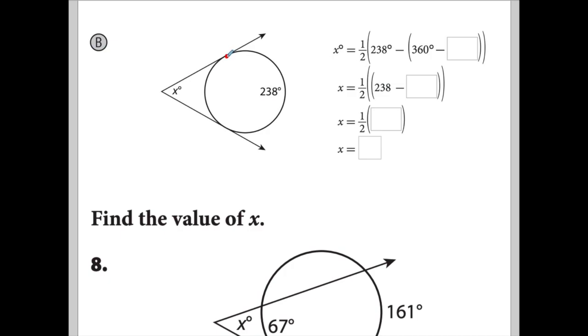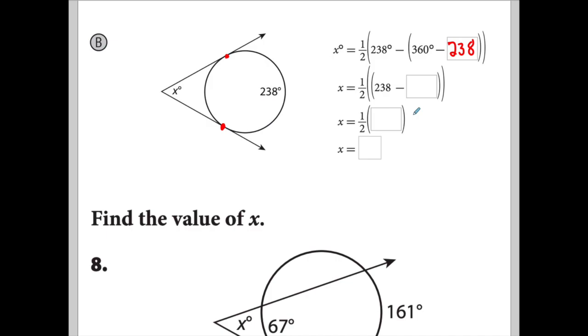Now, why do they do 360? Well, because these are tangents, what we know is that these are the only two pieces of the circle. And since the circle's angles must always add up to 360, if I know one piece and I want to find the other, I just take everything and subtract that one piece, and what remains is the other piece. Okay? So then I do 360